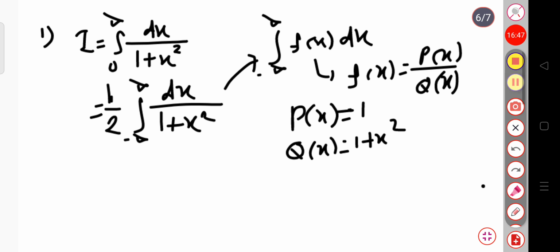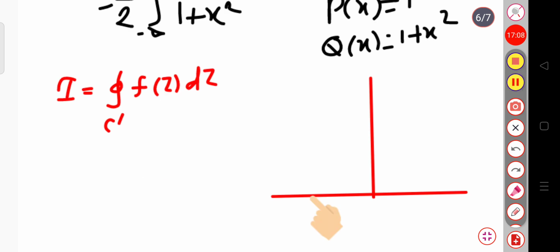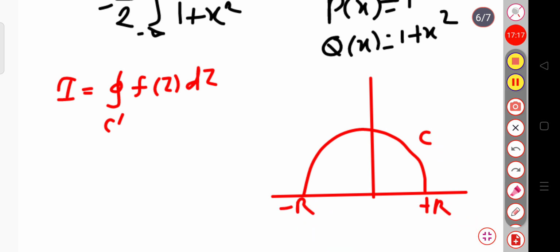Now to solve this equation, you have to consider the contour c. Here I am writing this integration in the form of, suppose any contour c, the integral of f of z dz. It means that we will draw a semicircle, and this varies from plus r to minus r, and this is our contour c. We have to integrate over this total contour and this total diameter, and this value we know is equal to 2 pi i times the sum over the residues.